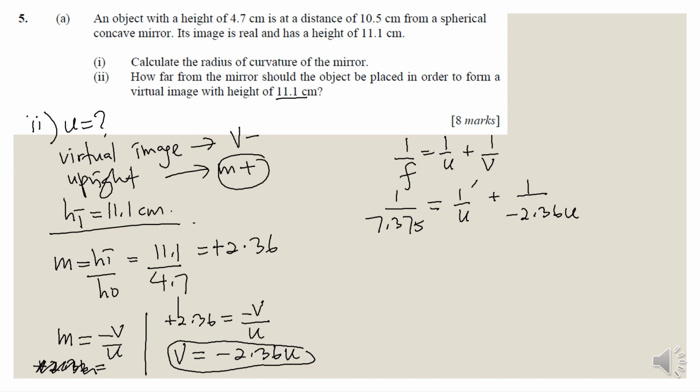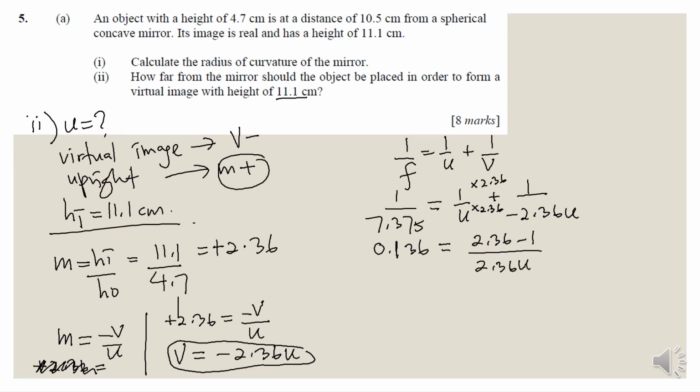Okay, so ini darab 2.36, ini darab 2.36. Okay, untuk samakan pembawah 1 bahagi 7.375, awak akan dapat 0.136. Okay, so ini 2.36 minus 1 over